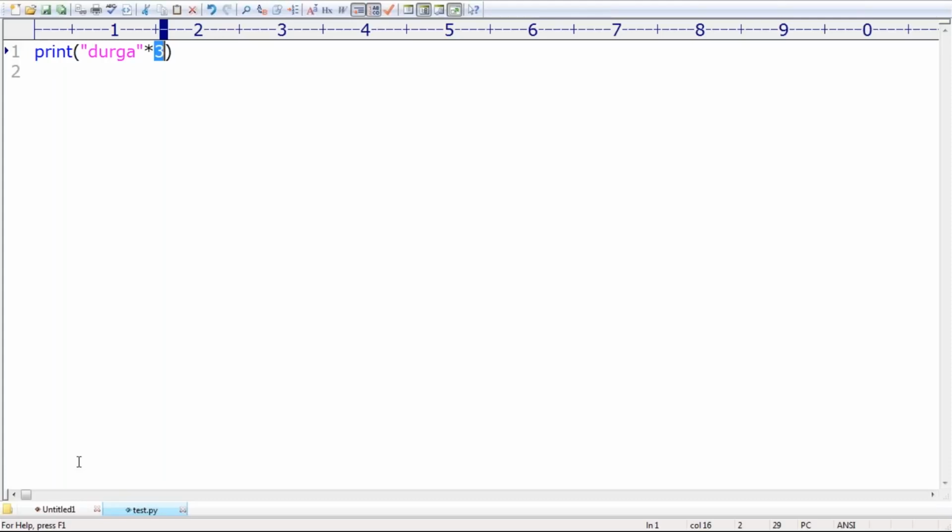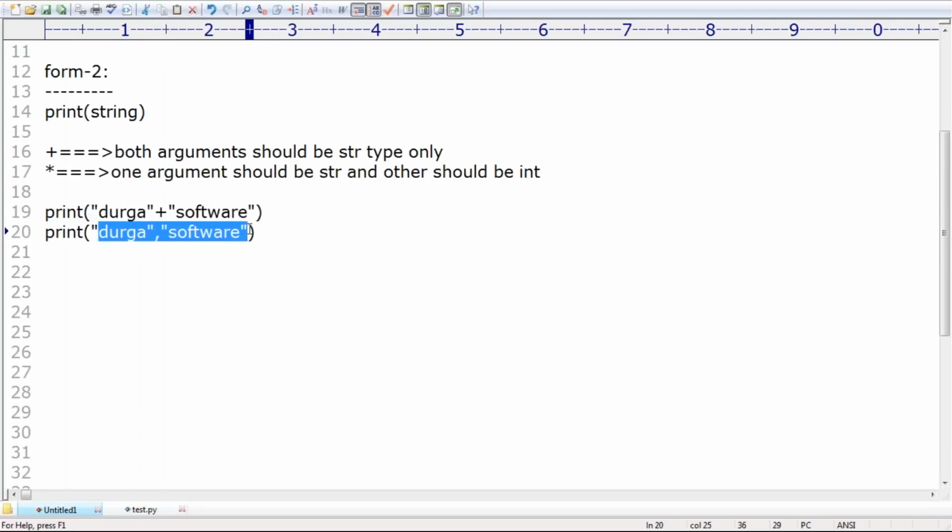Can you please tell me the difference between these two? Sir, first one is valid, is the second one valid or invalid? Is the second one valid or invalid? I didn't cover the second one, but still it is valid. Remember that, because form 3 talks about this number of arguments. We can take multiple arguments to the print function, which is not applicable in other languages, right? That is the more flexibility here, sir.